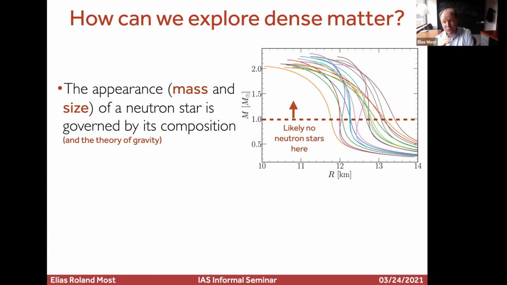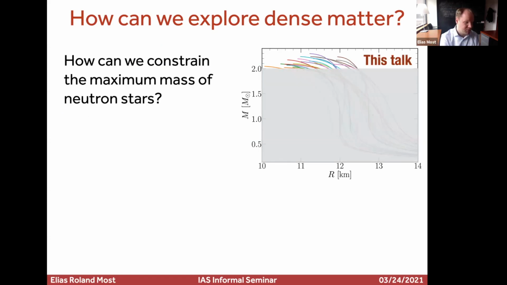The two limits we have on the mass are, first, that observationally we don't really see neutron stars with less than 1 solar mass. There are also some simulations of core-collapse supernovae that basically say that's very difficult to achieve. So maybe this is the lower limit you have to think of. The other thing is that we do have observations that indicate that 2 solar masses are feasible. So we somehow have to get up there, but we don't know how high we in principle have to go up with those curves.